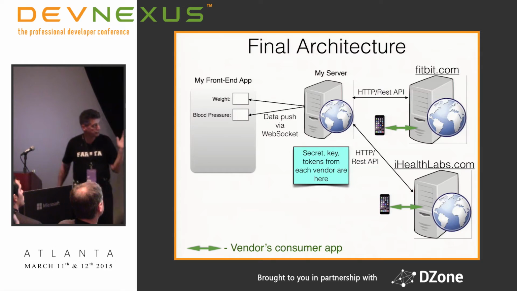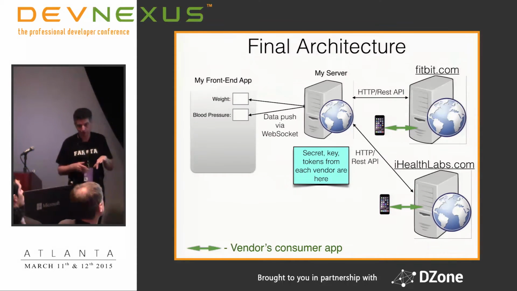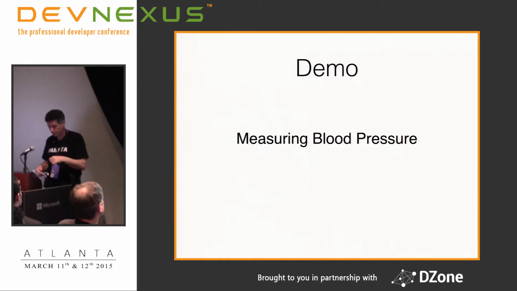So that's the big picture. Basically, the green arrows show a typical scenario that the vendor wants, but everything else is our additions to the typical workflow. So now I'll try to do the measurement.